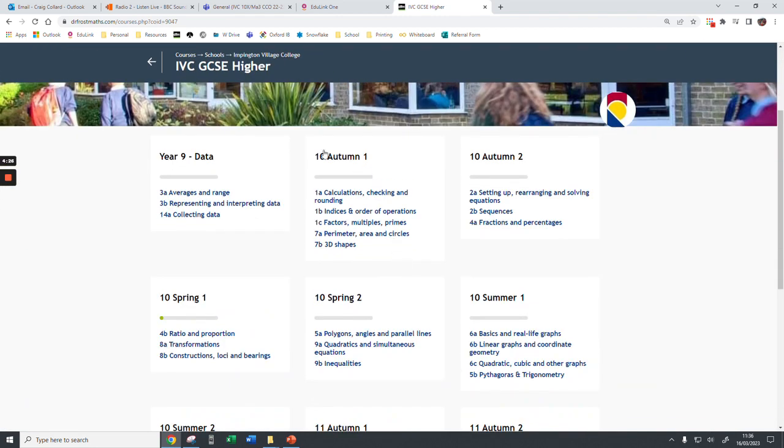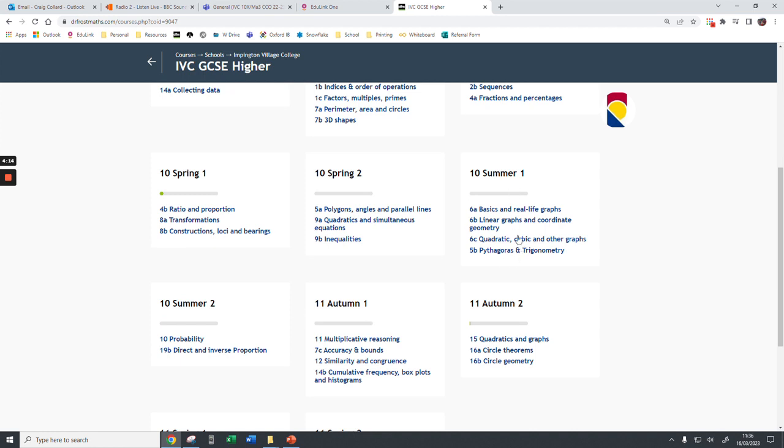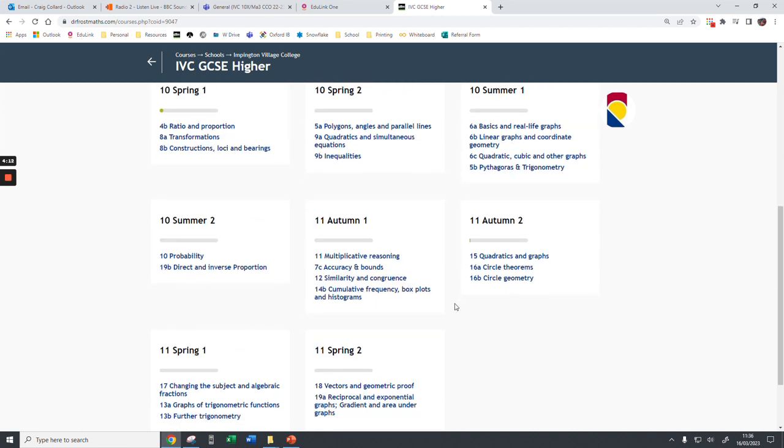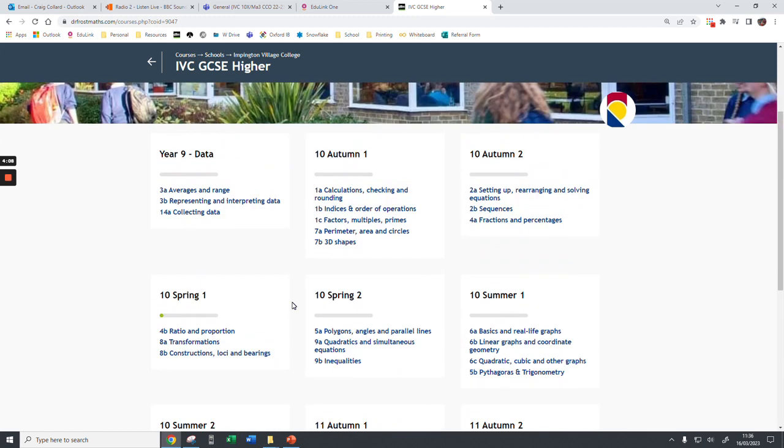are teaching them. So year 10, the autumn first half term, this is the second half term, Christmas, so January, February time, currently now March and April, and then we go into the summer exams, and of course the rest of it for year 11 is there, okay? So at any point, and certainly for revision, if they're unsure on something, they can go in and find it,